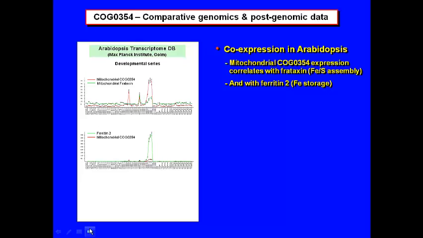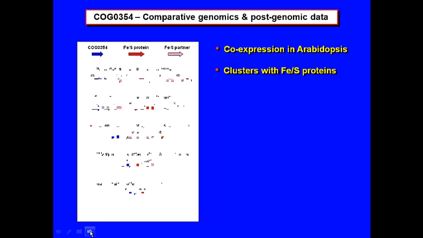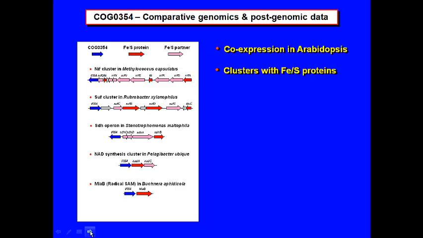That gets a lot stronger when you start to look at the prokaryote members of this protein family, because they cluster over and over again with different proteins that have iron sulfur cofactors. And I've just put a sampling in this slide. The COG035-4, our mystery gene, is in blue. The iron sulfur proteins themselves are in bright red, and what I'd call iron sulfur partners, which are members of a complex with the iron sulfur protein or members of the same pathway, are in rows.